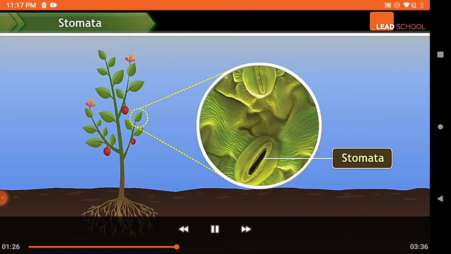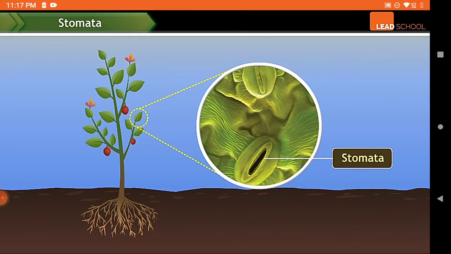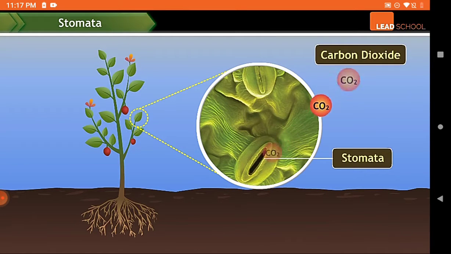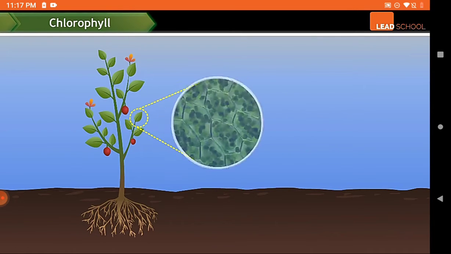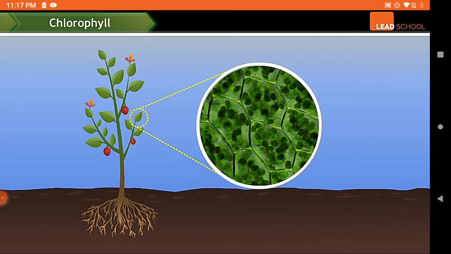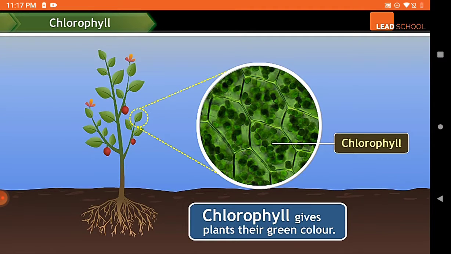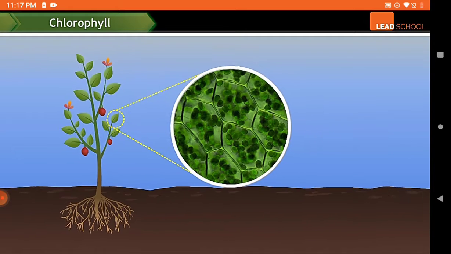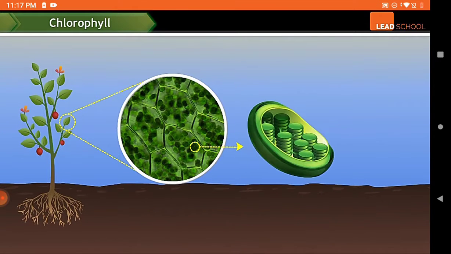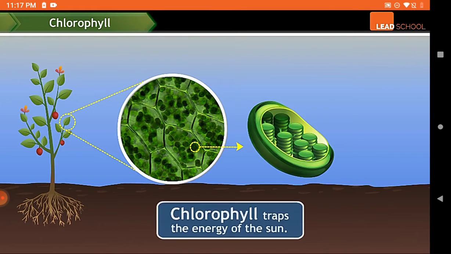For photosynthesis to occur, plants need to take in carbon dioxide through these stomata. Plants are special for another reason as well. They contain chlorophyll, which is a pigment that gives plants their green color. Chlorophyll, unlike other pigments, has the ability to trap the energy